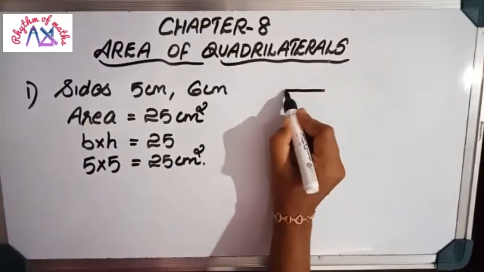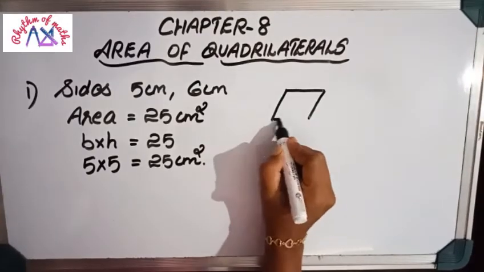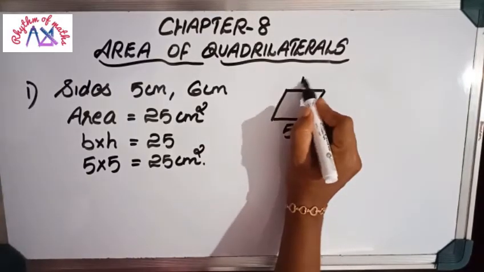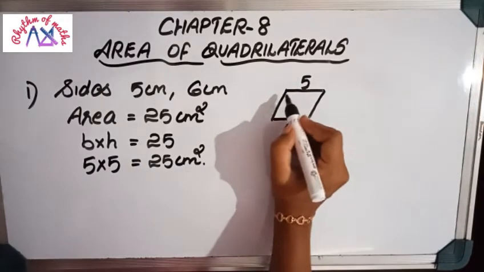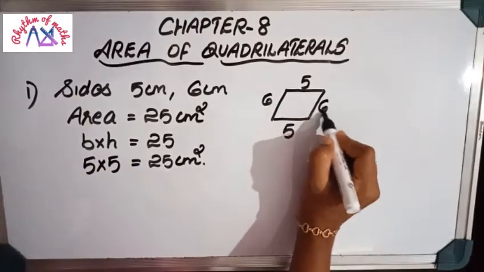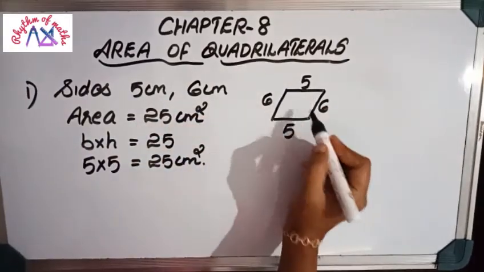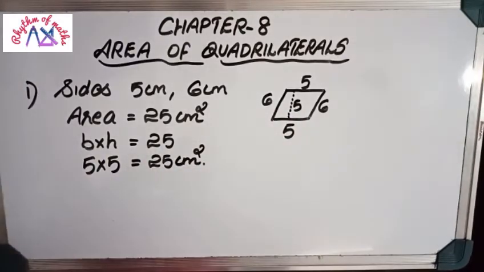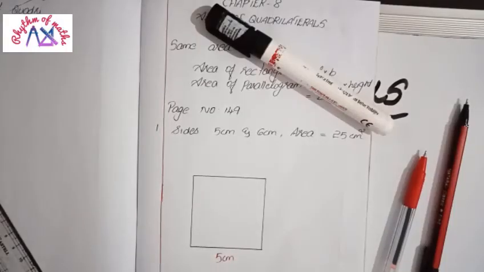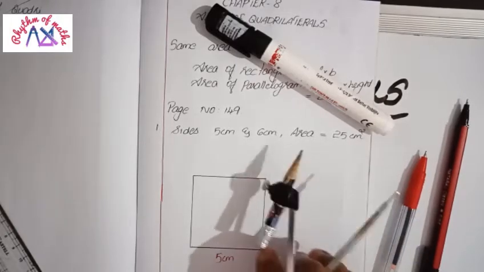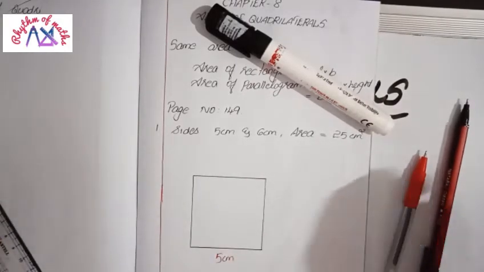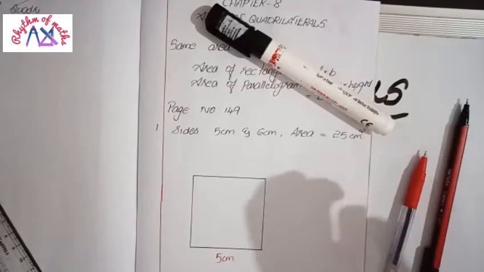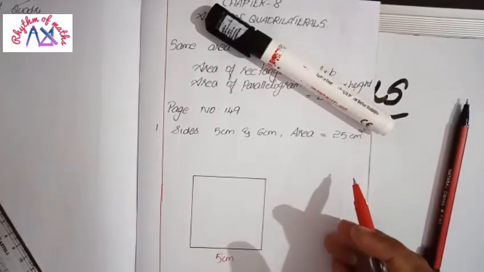So the figure will be like this. A parallelogram with base 5 centimeter and the upper side will also be 5 centimeter, and these two sides must be 6 centimeter because two sides are 5 and 6, and height of this parallelogram must be 5 itself. Then only we will get area 25. Now let's draw this figure. Here the first step is draw a rectangle or a square, because area is 25. We know rectangle's and parallelogram's area is the same. So here 5 fives are 25 centimeters square.